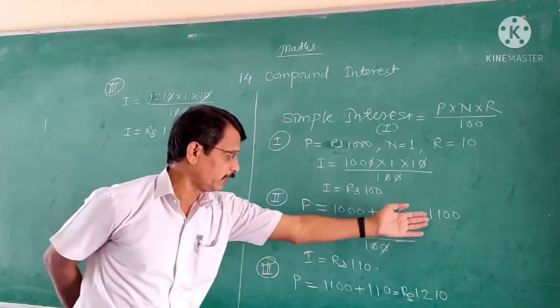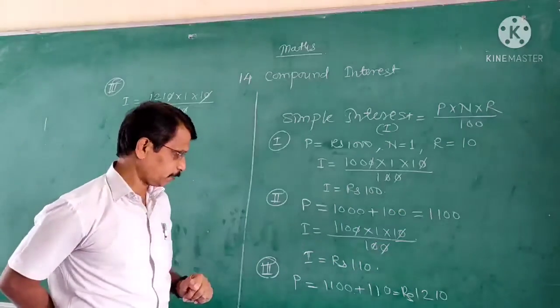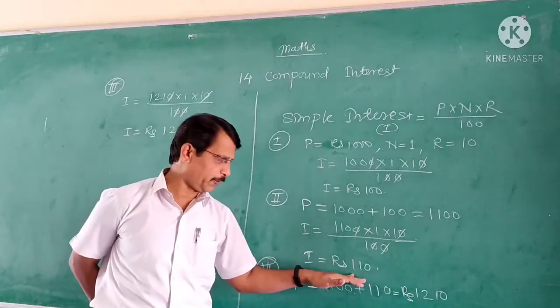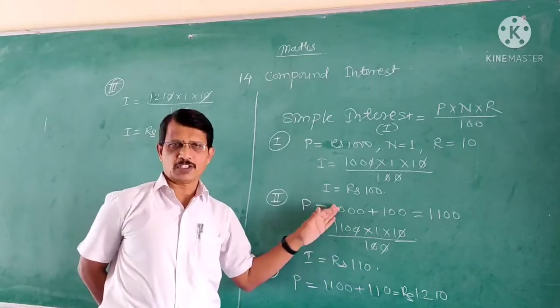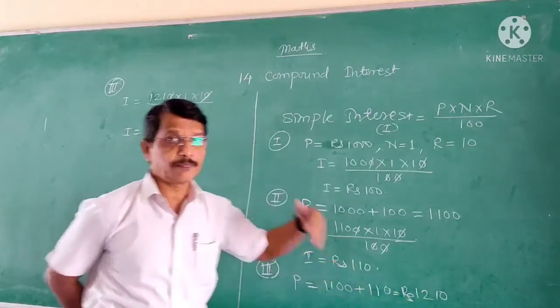For the second year, the principal becomes 1,100. In the same way, if the borrower fails to repay interest and principal, then the bank considers this as the principal for the third